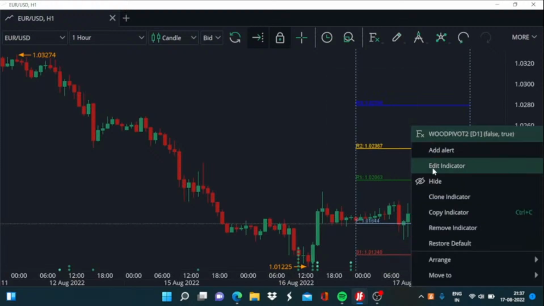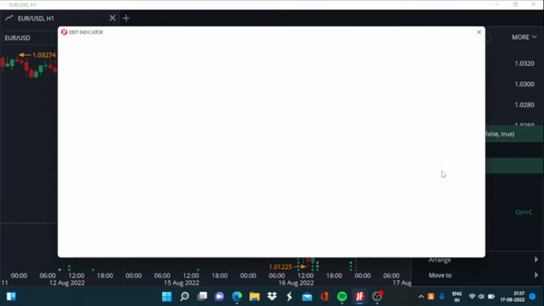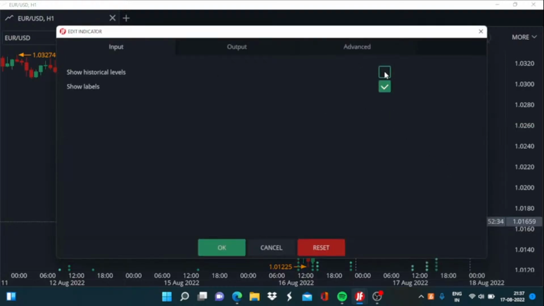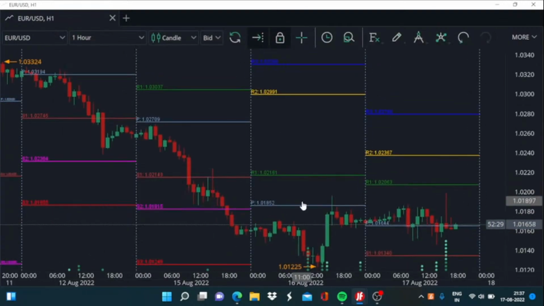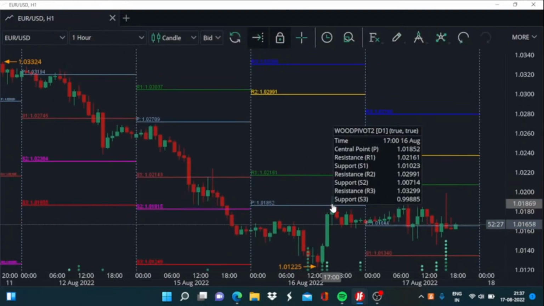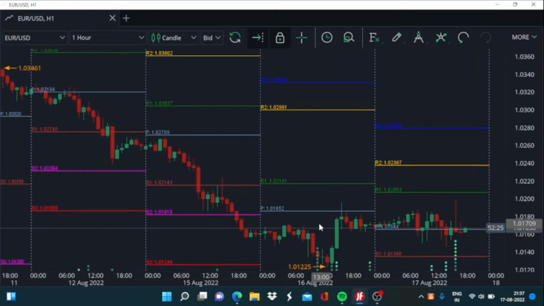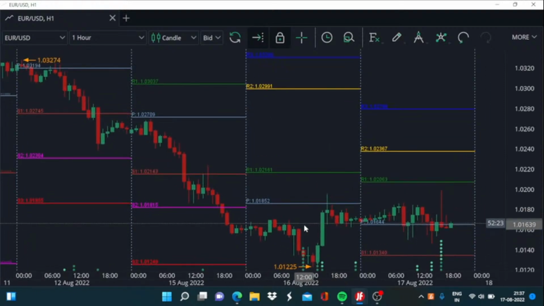Let us plot the historical levels, so we will have more reference points to see how the price has behaved closer to the support and resistance zone. So I will opt for the show historical levels. Okay, so this is yesterday's price formation, and as you can notice, the price momentum was bearish for Euro